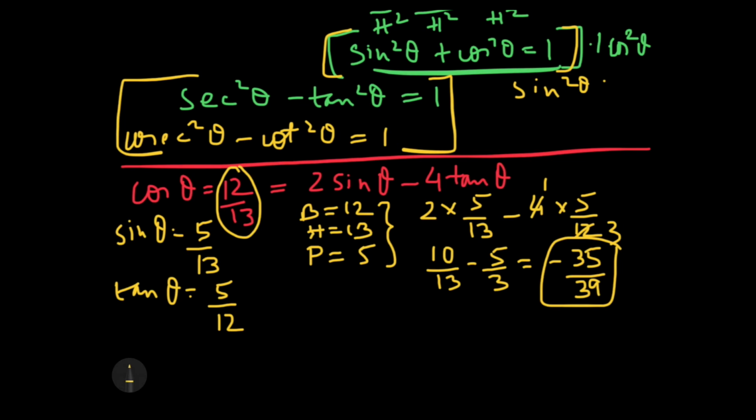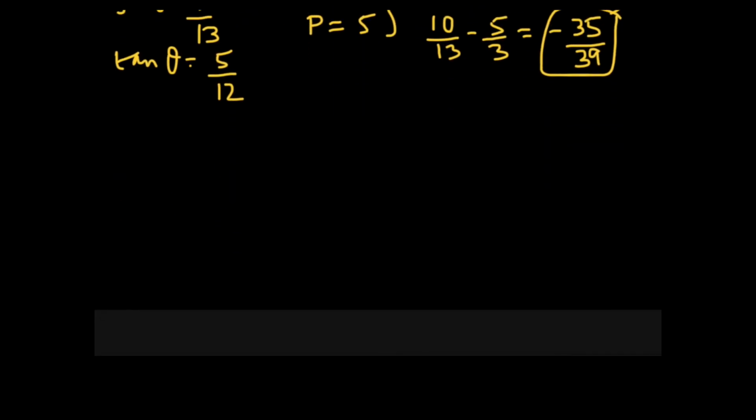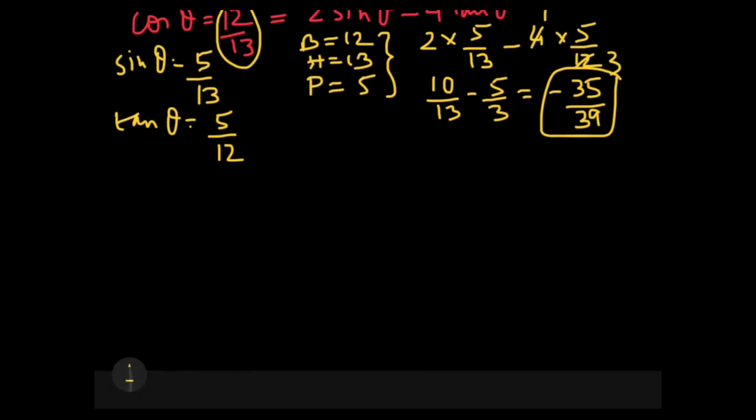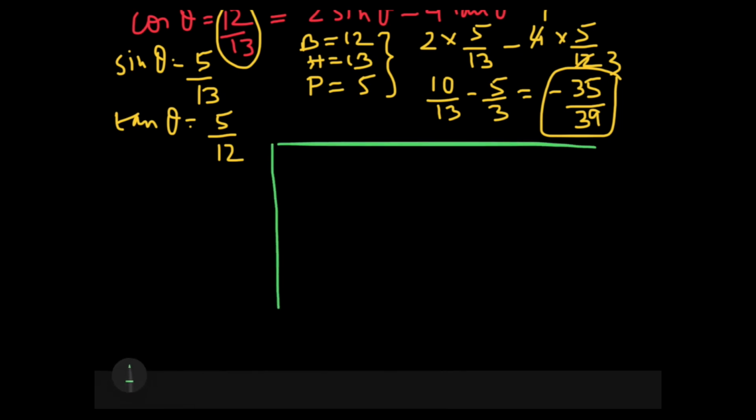Now the next category which we will take forward is the value of theta. There are some standard values which we follow for the various theta. What is that standard value? Let's have a quick look. You must know that there are some standard angles, for example 0 degree. Let me make a table for you. The table says 0 degree, 30 degree, 45 degree, 60 degree and 90 degree.